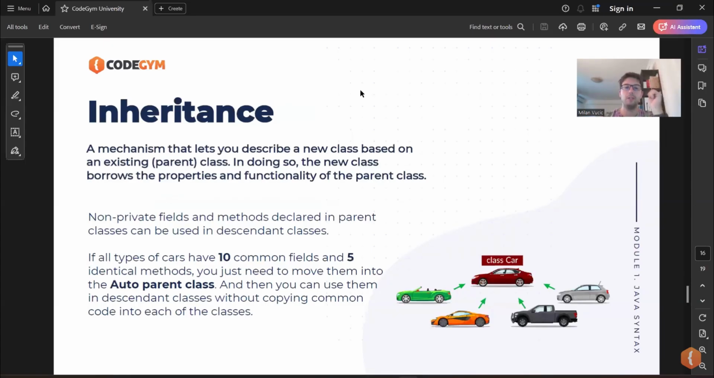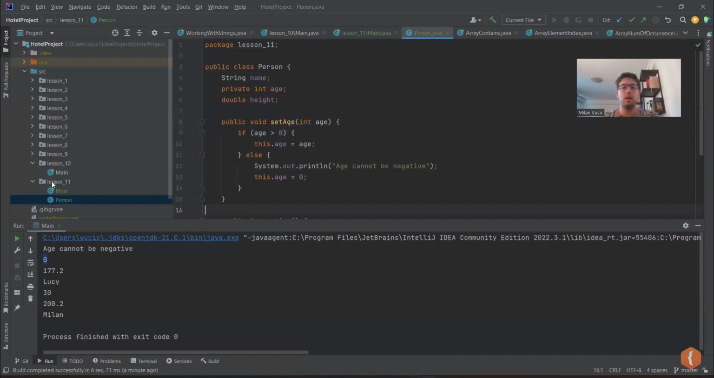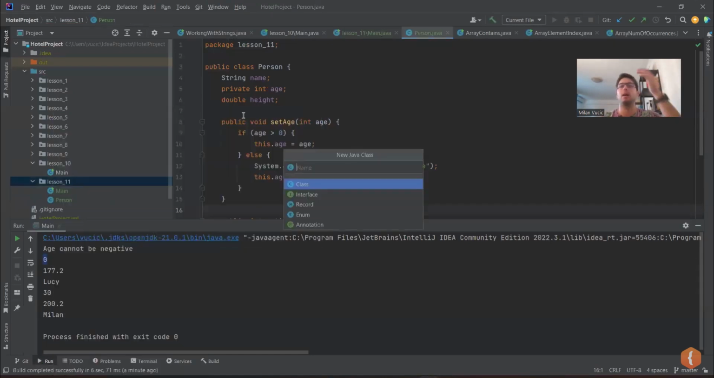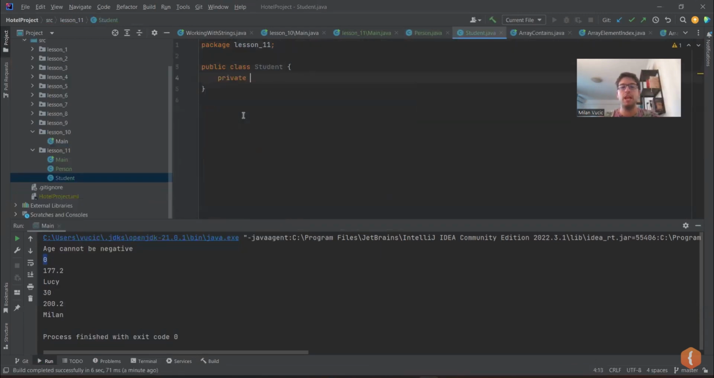Inheritance. This is a mechanism that allows you to repeat yourself less. So imagine I have two more classes that I need to do. I'm creating a program for, I don't know, a high school or something, and I need a student. And every student needs to have a name, private string name, and every student needs to have an age, right? Because they're a living person, so they have a name and age,